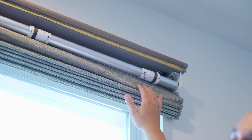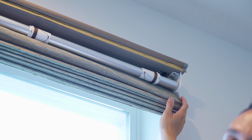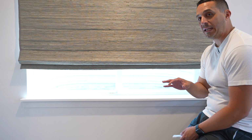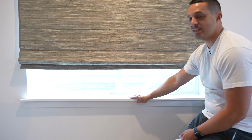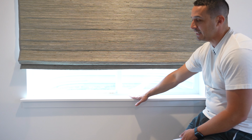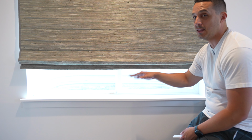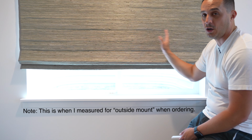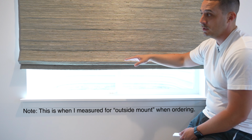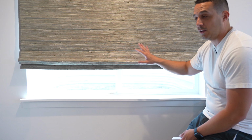It's just the shipping companies don't care, and they are throwing these things around and they got bashed and damaged in transit. Just so I can highlight my issues that are completely my fault, not SmartWings by any means. I have these aprons on my window that I did not account for. And the reason that you're going to want to account for these is because in the measuring guide on the SmartWings website, they say that you should go 2 inches over on everything. So 2 inches taller, 2 inches over on each side,